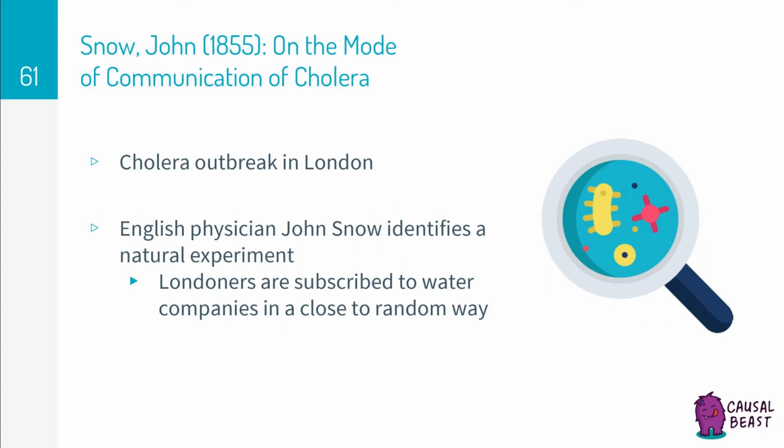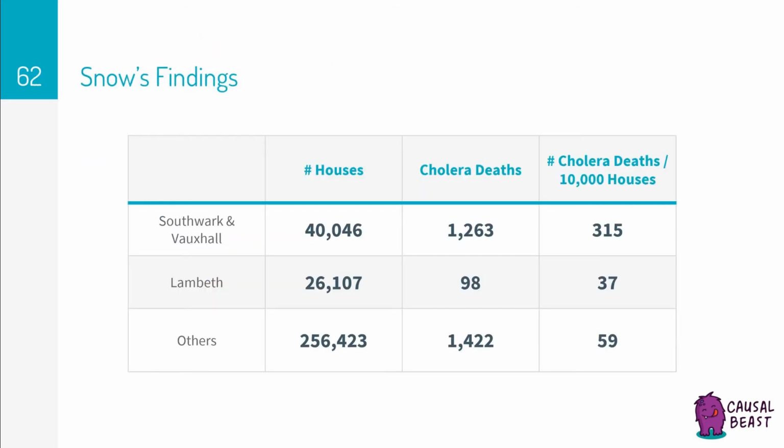Instead, he collected observational data on which addresses got their water from which water companies, and which addresses had cholera deaths. For Snow, this data was super useful, because the data reflected a process which closely replicated an actual randomized experiment. Snow noted that Londoners received water from water companies in a near-random way, so it was almost as if people were randomly assigned to drink contaminated water, versus non-contaminated water. This was the main finding from Snow's study, which proved that water source was the cause of the cholera epidemic